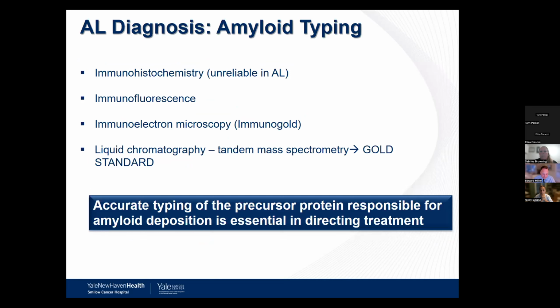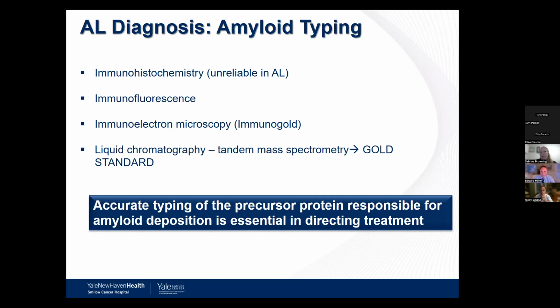And as you recall, I mentioned there are up to 36 different amyloid proteins that have been identified, and therefore, after confirmation of the presence of amyloid in tissue, it's crucial to complete what we refer to as amyloid typing. Amyloid typing has been performed previously with immunohistochemistry, although this technique is thought to be unreliable in AL amyloidosis, as well as with immunofluorescence, such as in kidney biopsies and immunoelectron microscopy or immunogold. However, really our gold standard for amyloid typing is with liquid chromatography